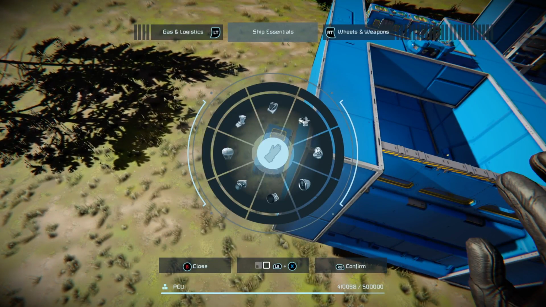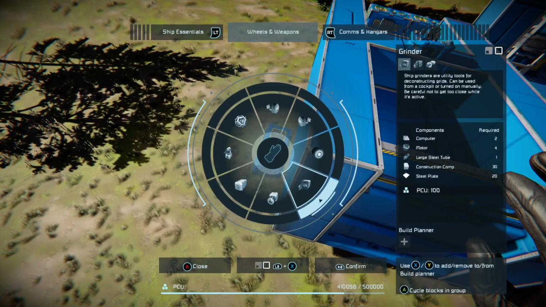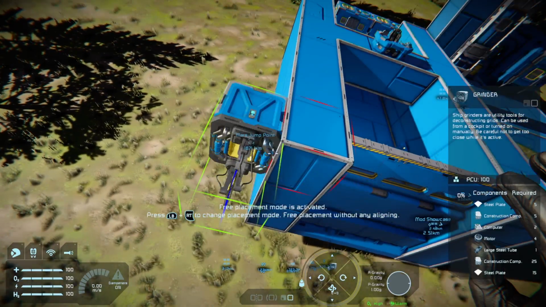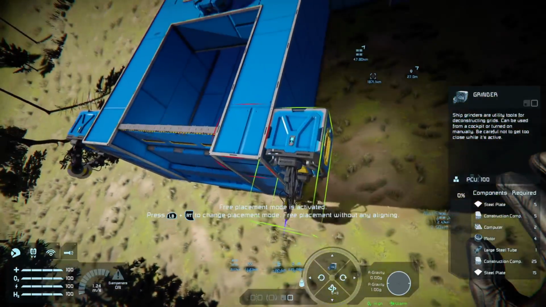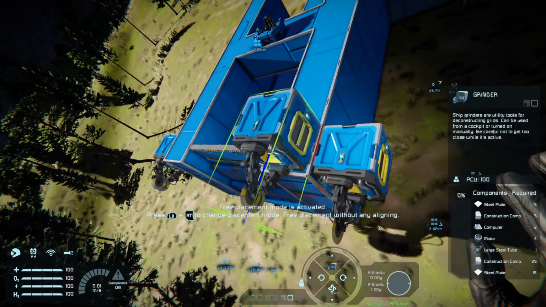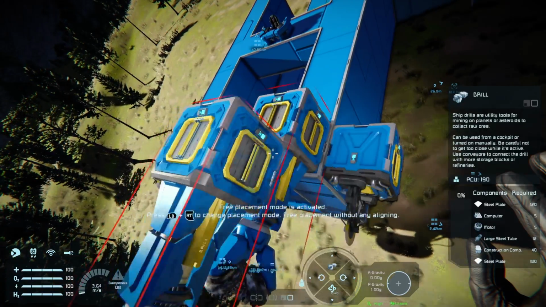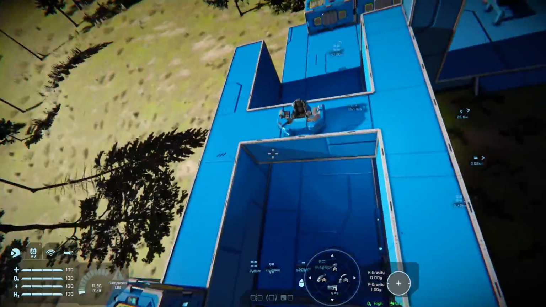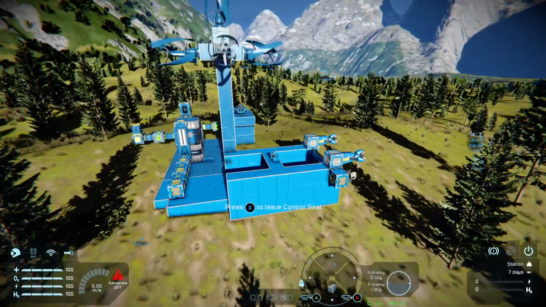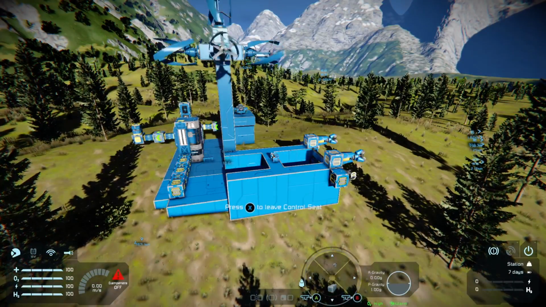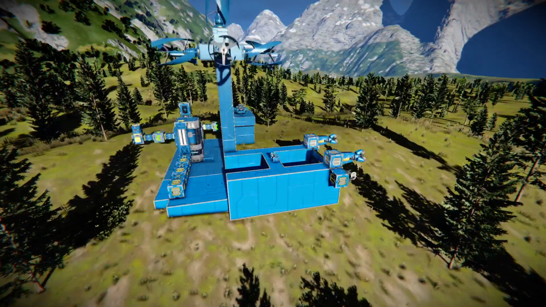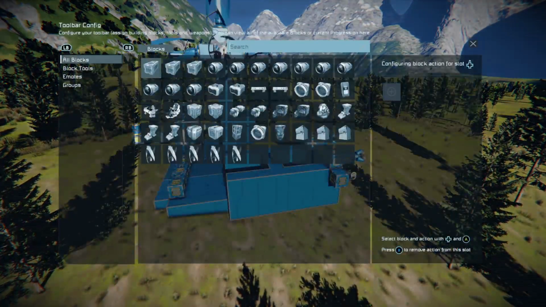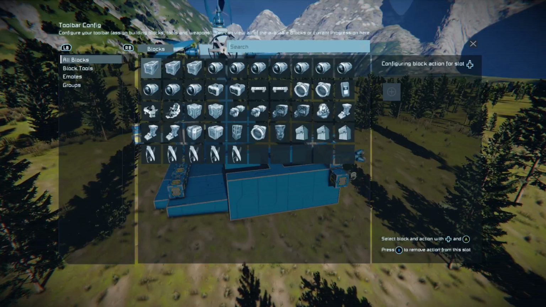So we go to our handy dandy ship tools menu. We've got grinders here. The grinders. And a couple of drills, like so. And again, we'll clear our actions. And to do that, hold down the D-pad direction and press X, and it will remove the action.